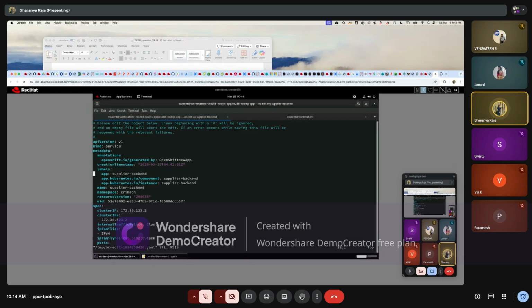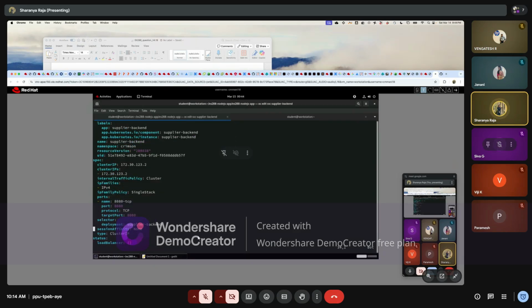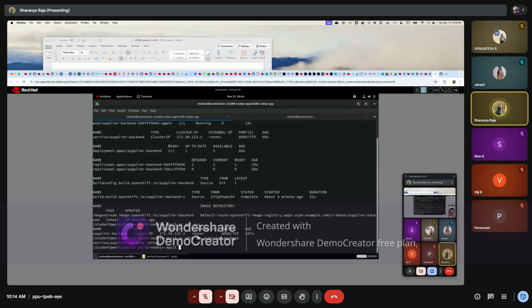Okay, oc edit service and then the service name. In the target port, just go to the target port and modify the target port to 3000. Only one change, okay? Edit the service, modify the target port to 3000 and save it, okay? So once this is done,